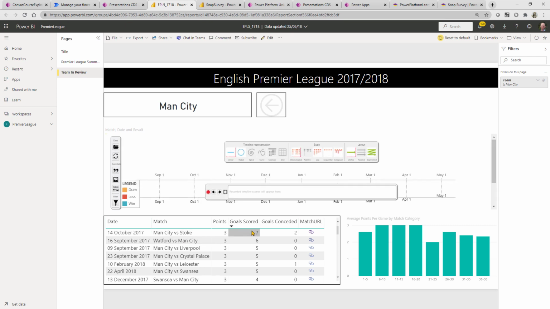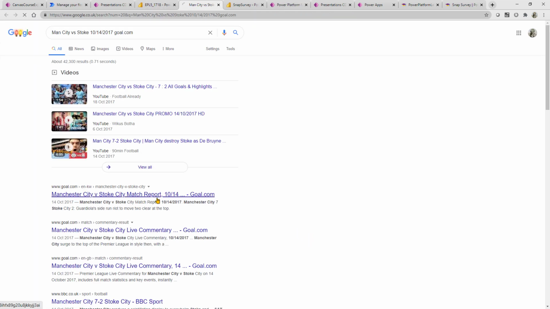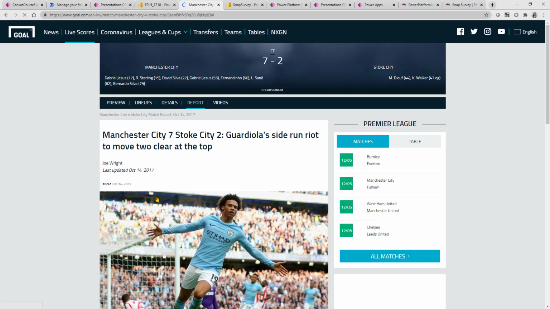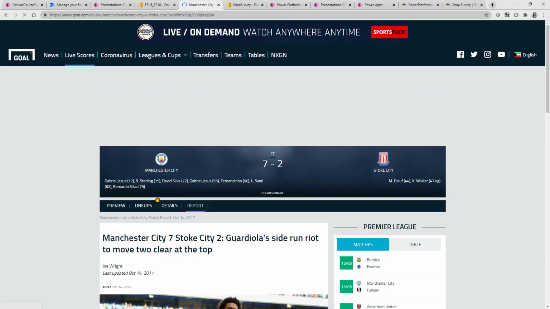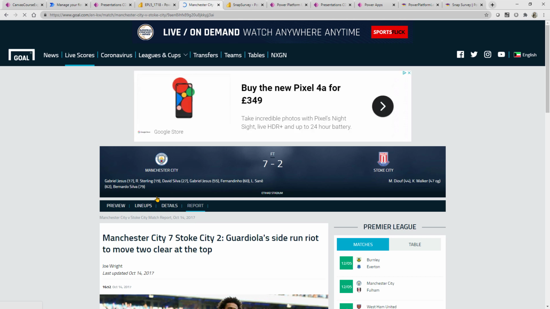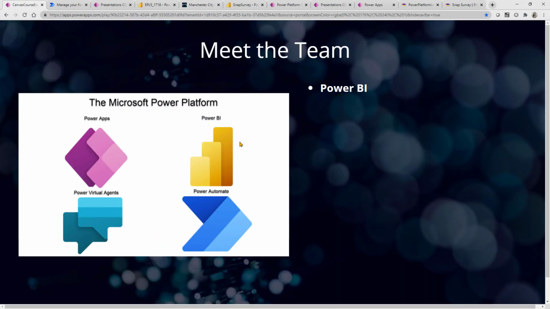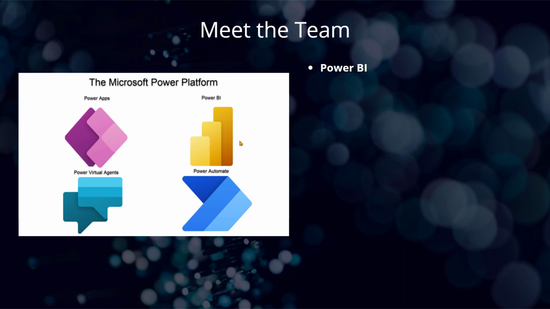And then once I'm in the team, you can see that Man City versus Stoke, they scored 7 goals against them. I can then jump myself out to Google and take a look at a report with regards to that match. But it's the sheer pace that I can do all this with that makes it really powerful. So I'm now going to jump back to the Meet the Team. Power BI is a wonderful tool that you can use to understand large volumes of data. So you can get to millions, billions, and trillions of rows of data,